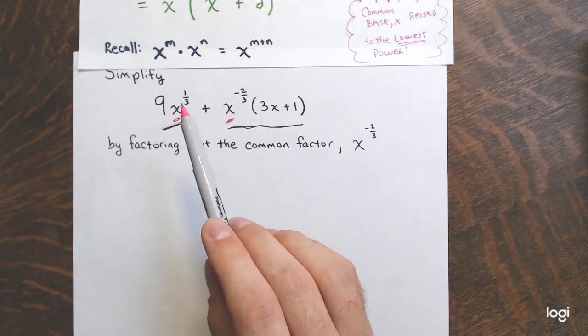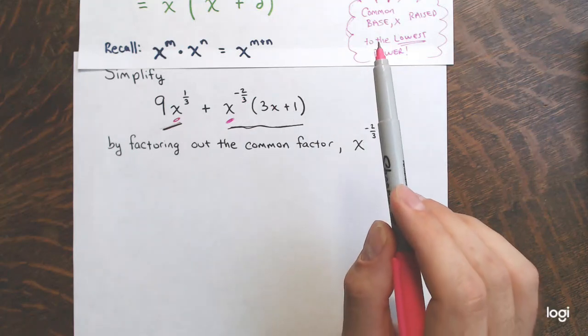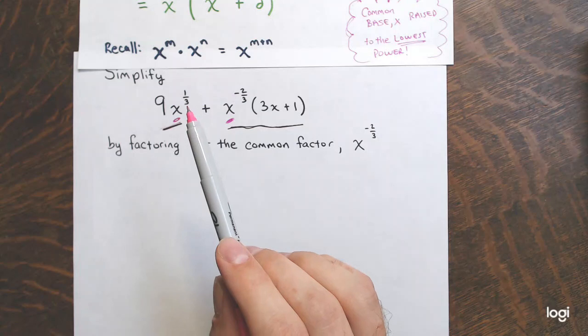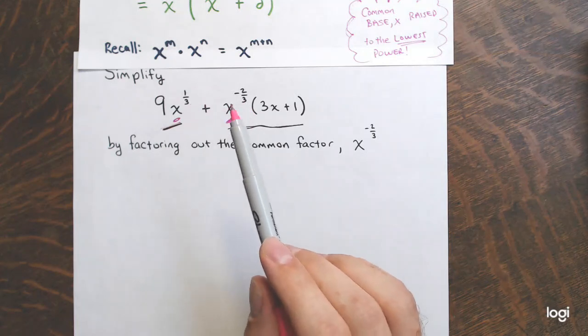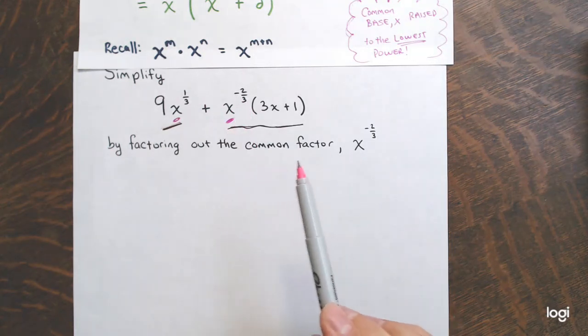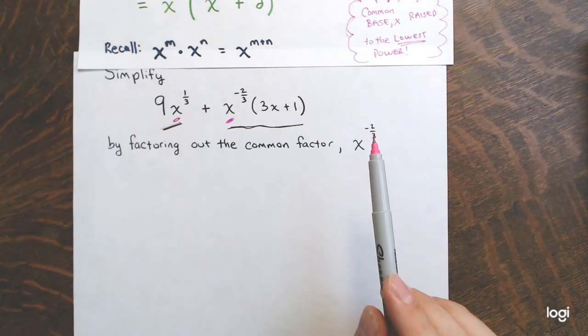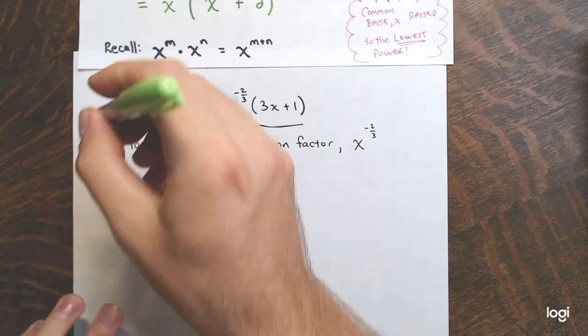So I have x to the 1/3 in this term, x to the negative 2/3 in this term, and which one of those numbers is the lowest? This is a positive power, this is a negative power. Negative numbers are always lower than positive numbers. So I'm going to factor out x to the negative 2/3, the common base to the lowest power. Let's do that and see what we get. So this expression here,